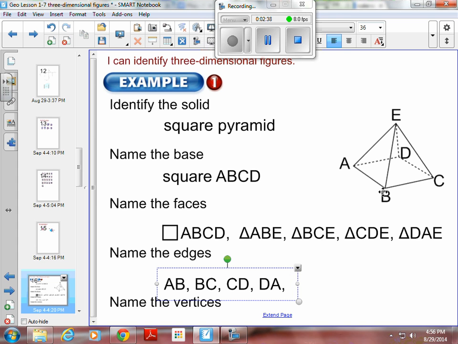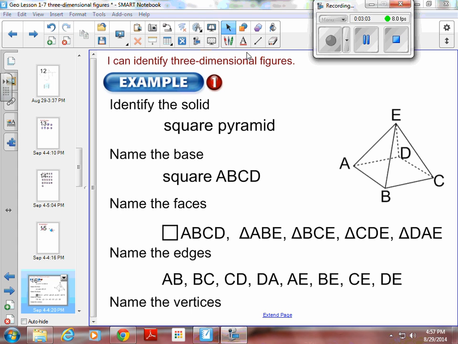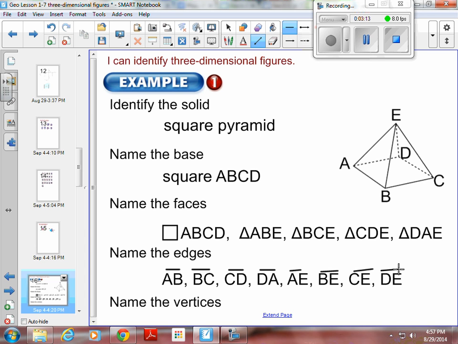So that gave me AB, this edge, BC, that edge, CD, that edge, DA, that edge, and I'm going to go A to E, and then I'm going to go B to E, and then C to E, and then D to E. And each one of the edges is a segment, and so then I've got to go grab my segment and say that's segment AB, segment BC, segment CD, segment DA, segment AE, segment BE, segment CE, and segment DE